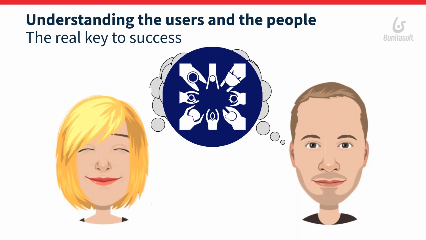So for example, if you develop an application, it will be used by different types of profile. You can have an operation manager that is going to manage your team. You can have a business analyst, which is a different profile. That's the kind of profile we have in Bonitasoft. But you can also have someone we call Cindy, for example, which is a citizen developer, someone in the business area that is kind of developing, touching a bit of technology. So we try to identify them and put a kind of virtual identity card.